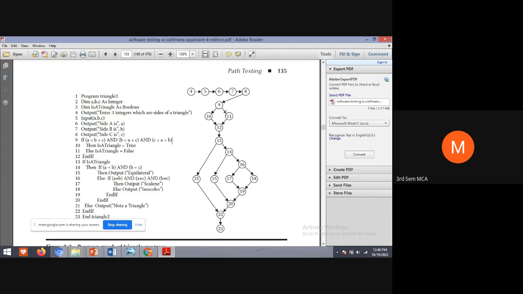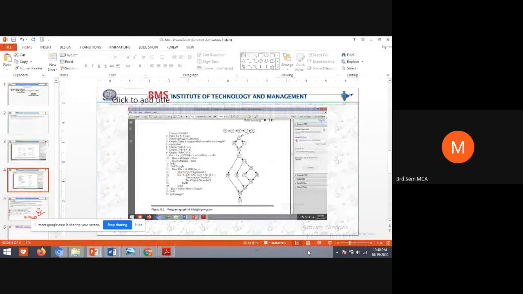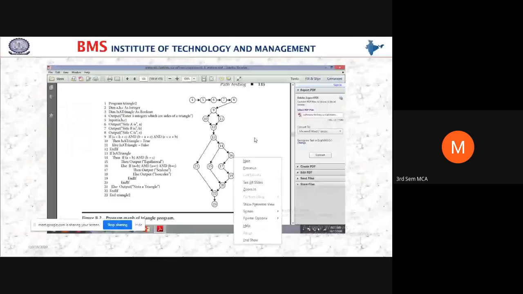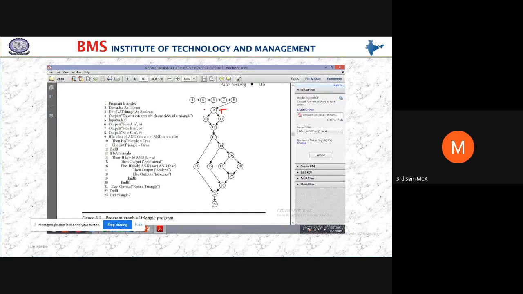If this condition 9 is true, then it should execute node 11. If this is false, then it should execute node 10. Yes students, everything is depending on this node 9 decision only, no? Yes. Then after this, again what we have in